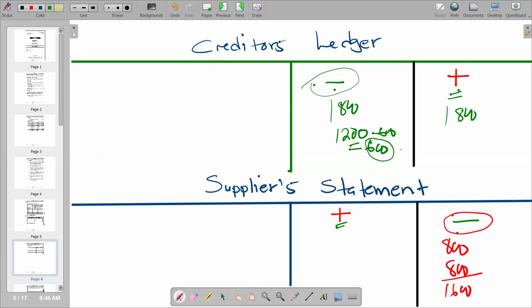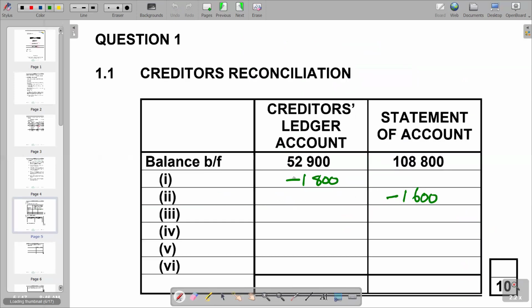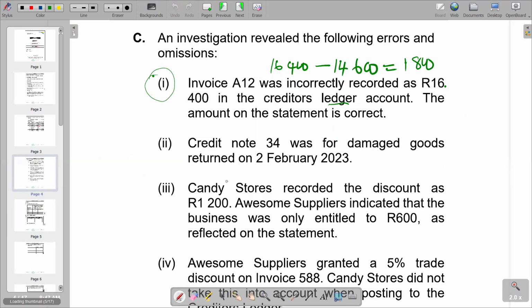So by doing that, we end up on the credit side. So it's going to be a plus 600. So we have a plus 600 in the creditors ledger column. So we come here, we have got plus 600. Then we move on to the